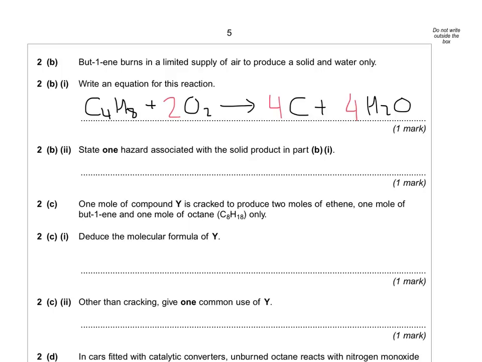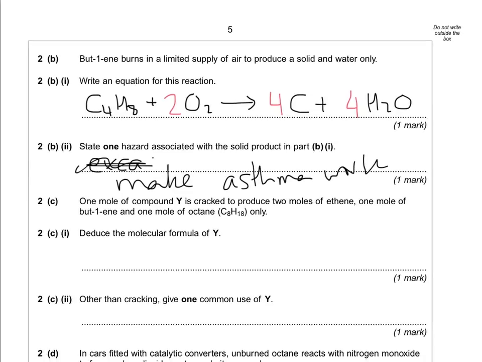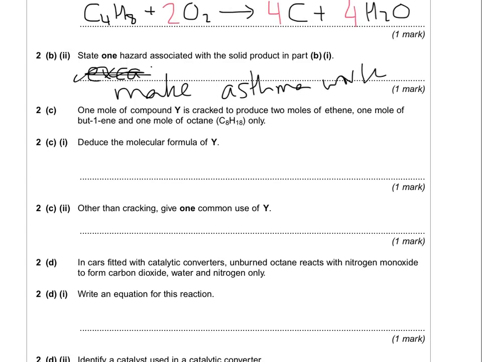State 1 hazard. Make asthma worse. So the idea that the soot can cause respiratory problems if it's breathed in, or it can make asthma worse, is good there. And then 1 mole of a compound Y is cracked to produce 2 moles of ethene, 1 mole of butadiene, and 1 mole of octane only,